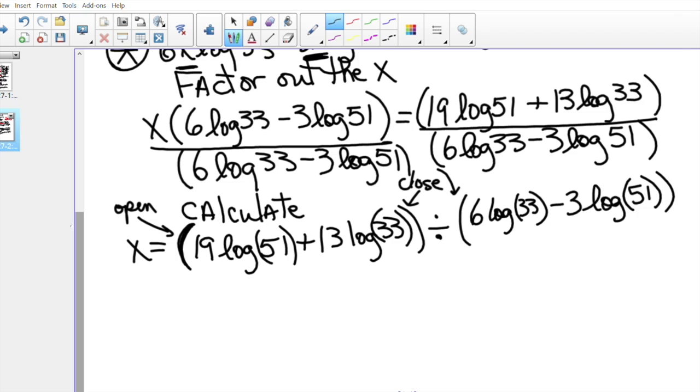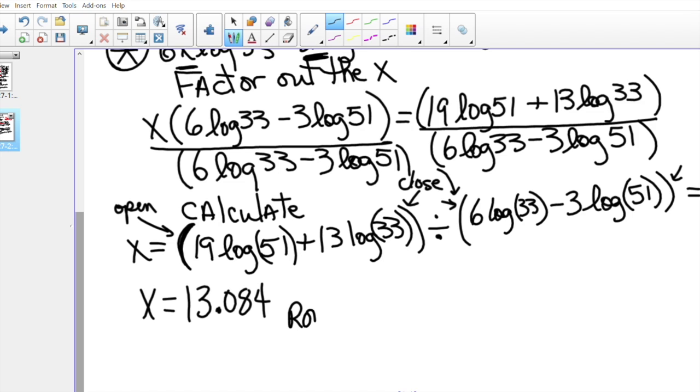And you put 2 of them because we open one here. You got to close it. And if you put equals, x should equal 13.084